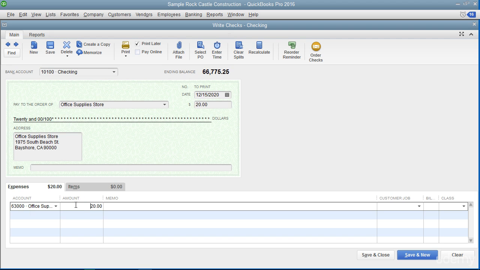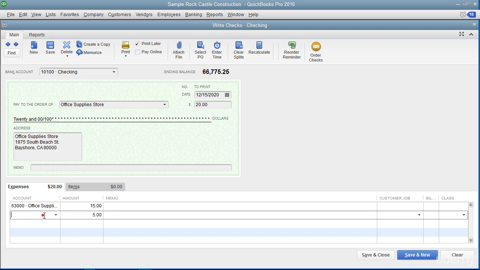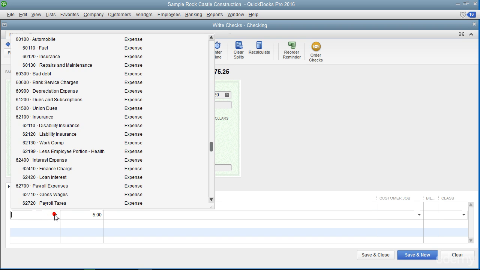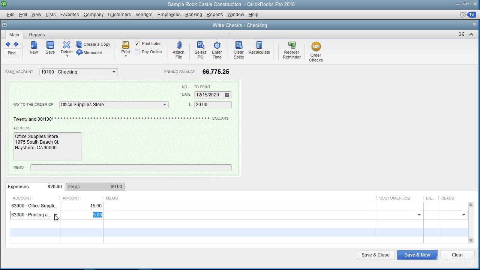To split the total check amount to multiple accounts, simply change the amount shown in the Amount column to indicate how much of the total check amount to attribute to the selected account. Repeat the process of selecting the next account from the next available blank row under the Account column and entering the amount to attribute to that account into the adjacent Amount column until you have distributed the entire check amount